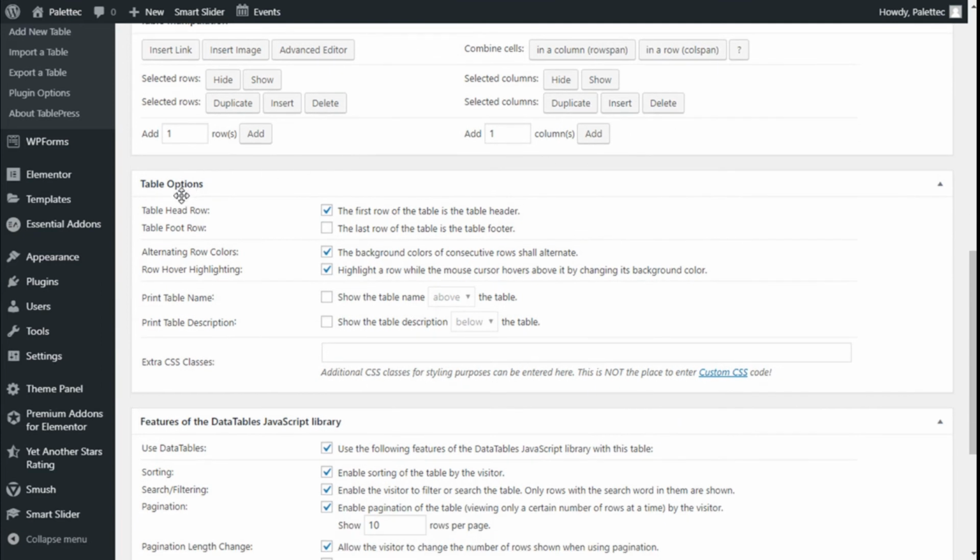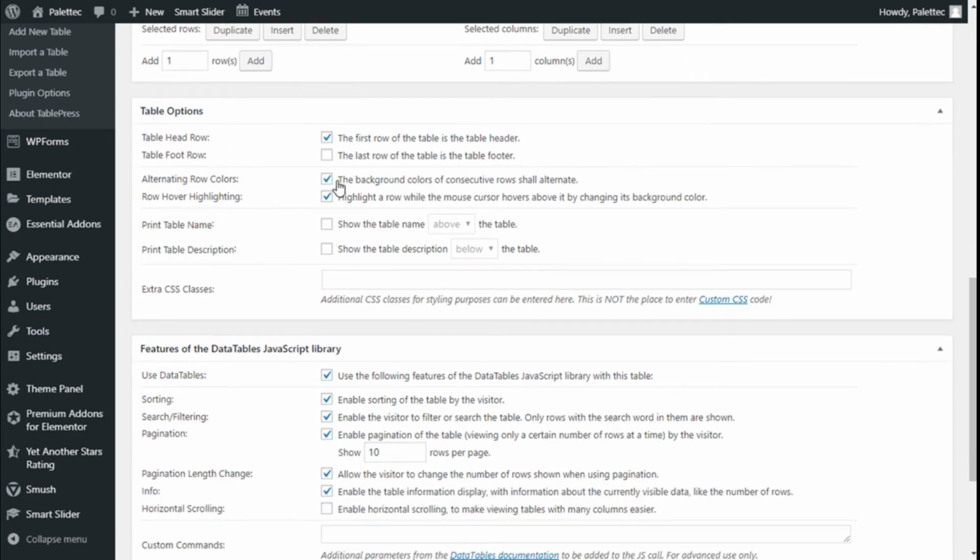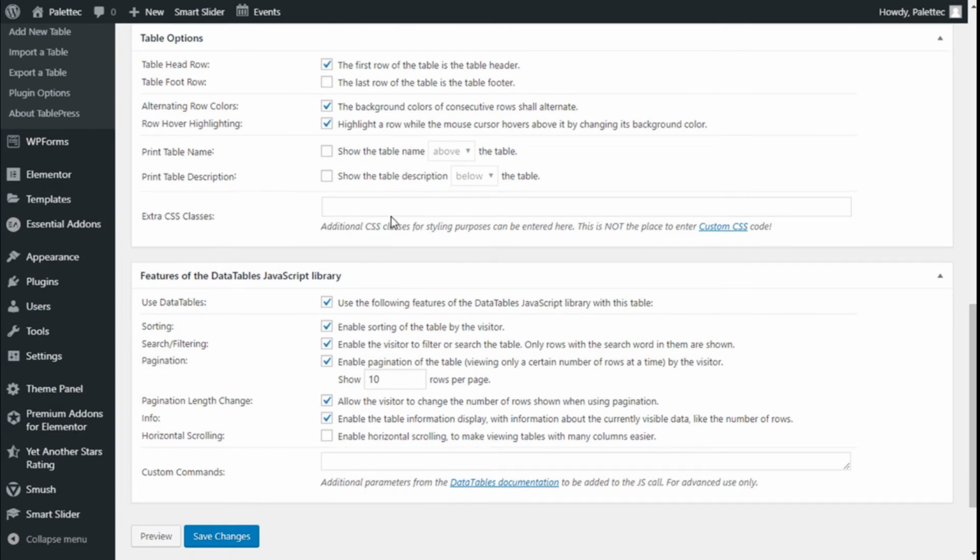So we have some table options. We can use the table head row as a header and the table row foot as a footer. We can use the alternating row color, row hover highlight, the highlight arrow while the mouse cursor hovers above it by changing its background color. We can show the table name above the table and show the table description below the table. We can add some additional CSS classes,